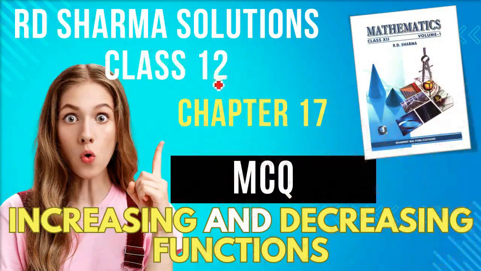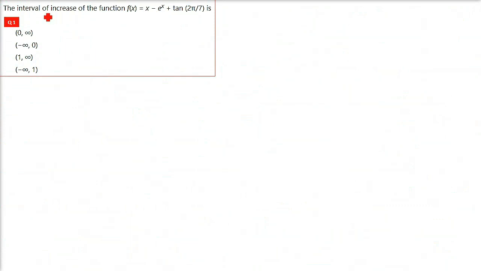This is R.D. Sharma solution, class 12th, chapter 17. We are taking MCQ, increasing and decreasing functions, multiple choice questions. The interval of increase of the function f(x) = x − e^x + tan(2π/7) is